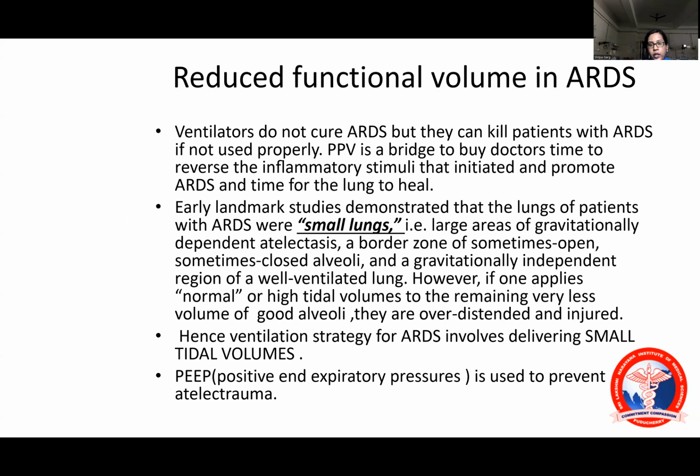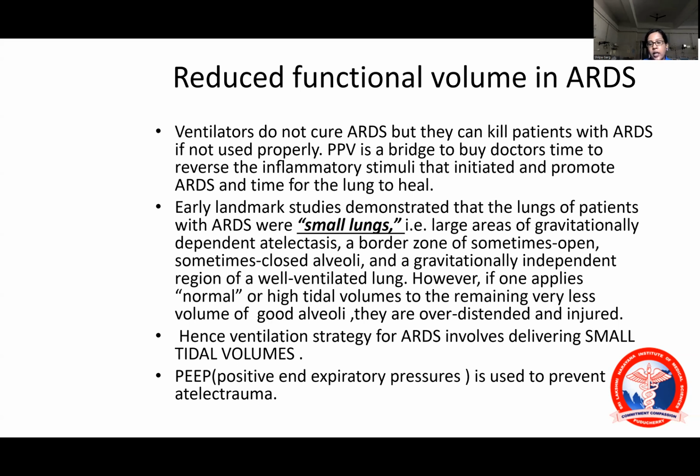Now coming to one more pathogenesis of ARDS, there is something called the baby lung concept. So, reduced functional volume. ARDS is not going to affect the entire lung in a homogeneous way. Even though the infiltrates are homogeneous, it is not going to cause inflammation to all parts of the lung in an equal manner. One part of the lung will be affected severely and the other part is going to be affected mildly or not even affected. Those unaffected parts of the lungs are called baby lung. So your mode of ventilation, your mode of treatment should be able to protect those baby lungs. The aim is to protect the baby lungs from getting disrupted by ARDS.